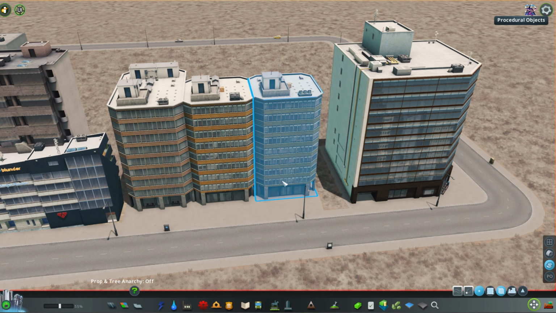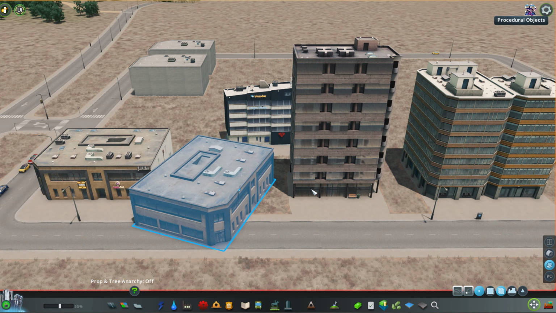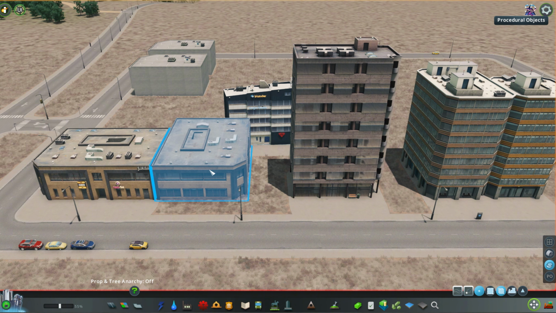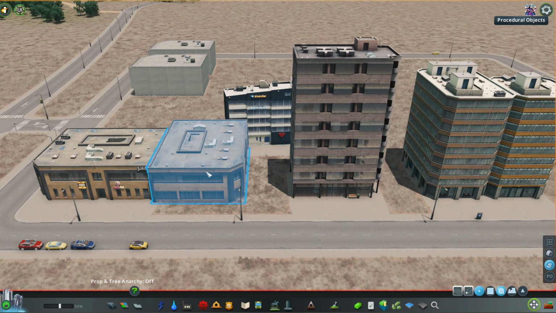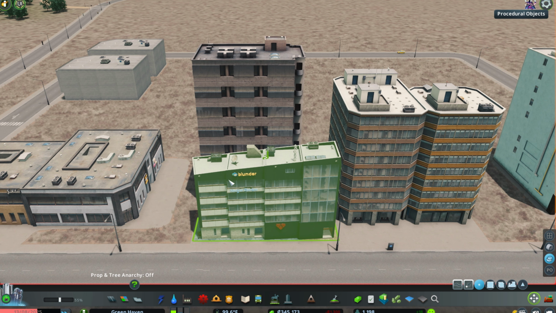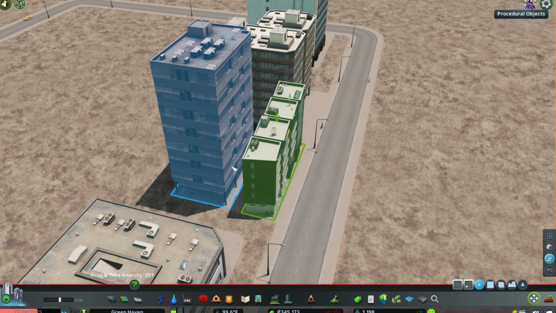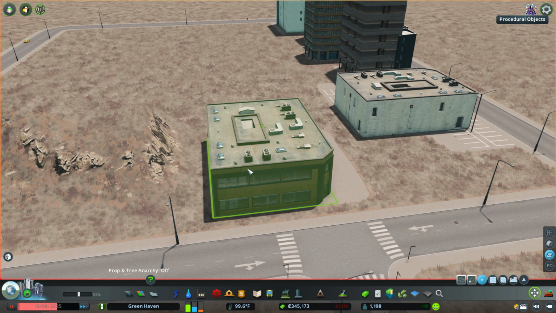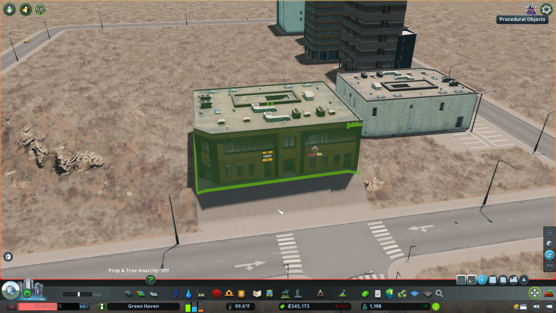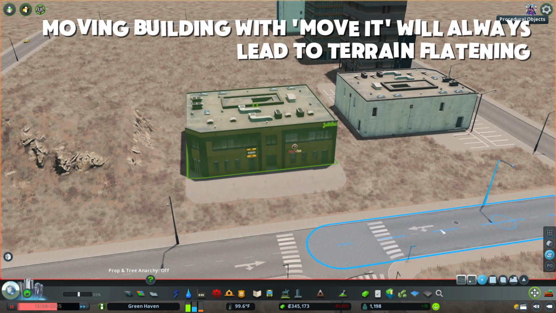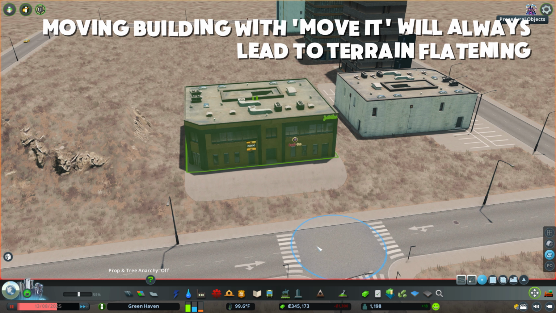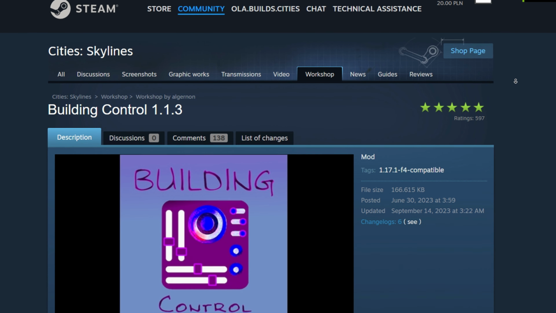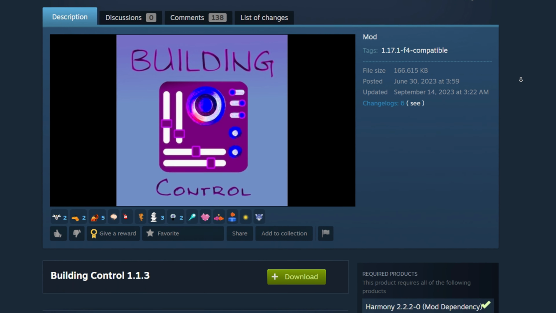You can also copy and rotate buildings as you wish, so it's also a nice tool to make sort of custom buildings. Of course, you need Procedural Objects for that, but that's another story. It will, as the Move It name suggests, allow you to move buildings around. With moving and changing position, there also comes an issue with terrain and leveling, which you can fix also with this mod. But there is also another one, which is Building Control mod, because whenever you select a new building